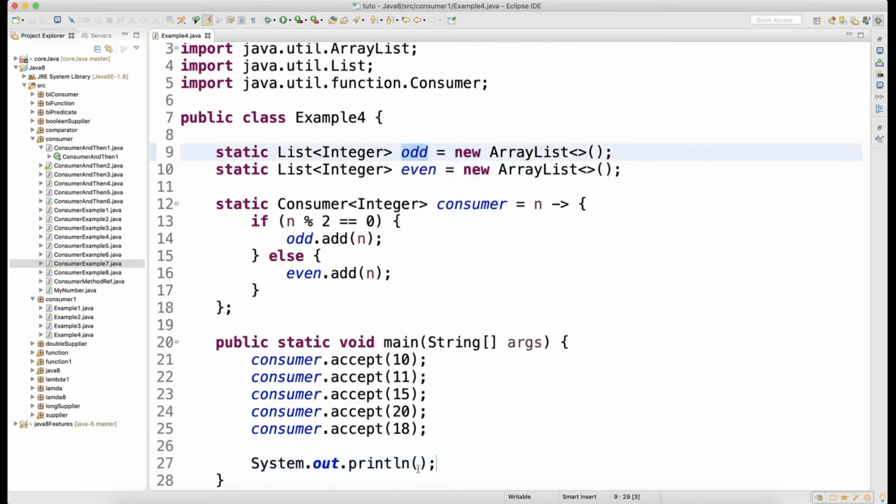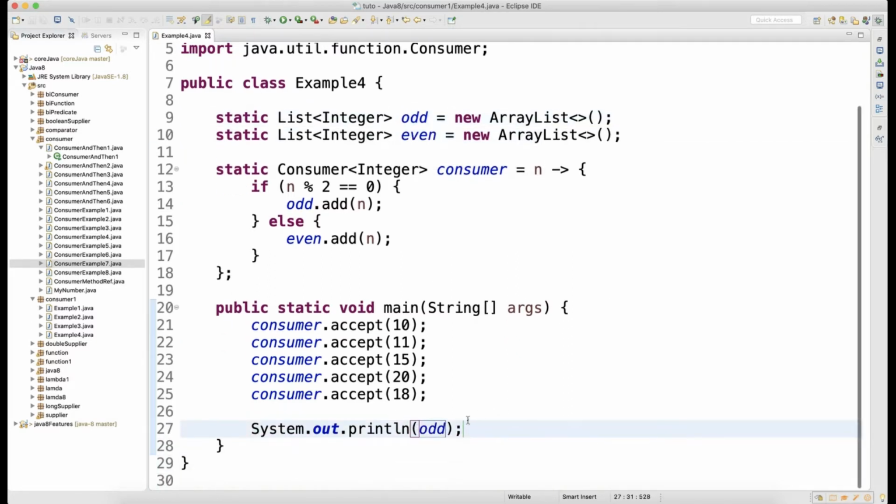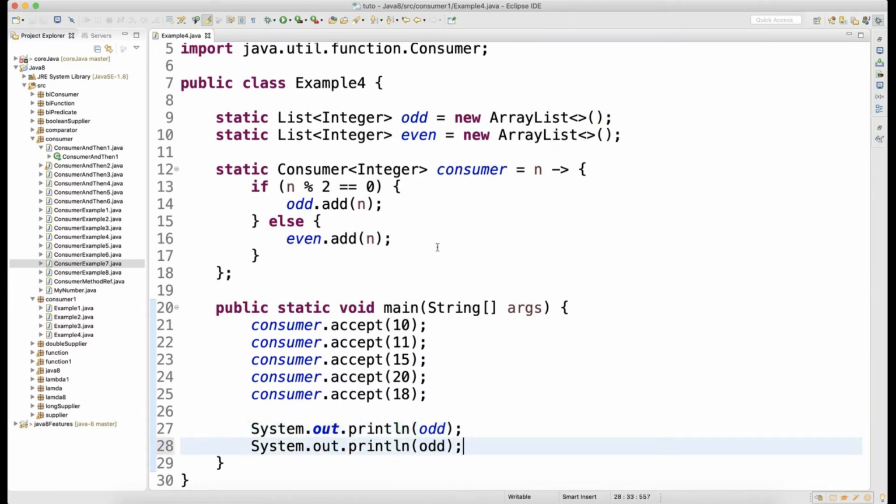Can I print the odd and even lists both? This is my even list. Let's run this.